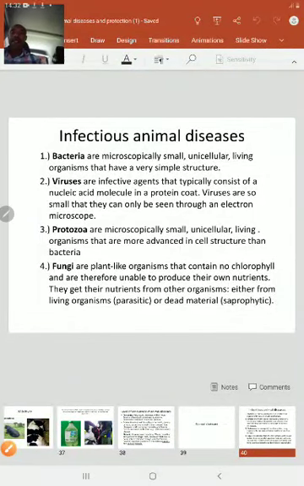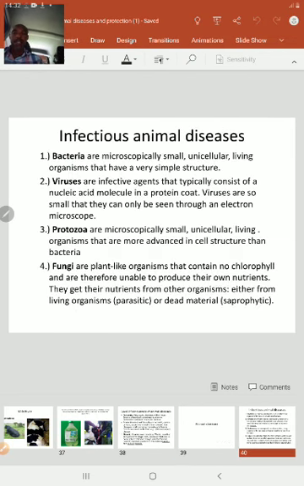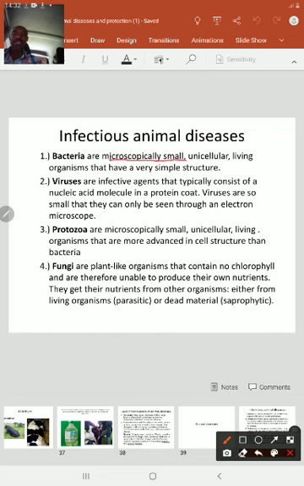Still on these infectious animal diseases, you can see these pathogens. Bacteria, it's an animal disease that those are microscopically small. That is, you can only see them through a microscope. Even viruses consist of this nucleic acid. Protozoa are also very small, and fungi, they are plant-like organisms that contain no chlorophyll, so it means they only